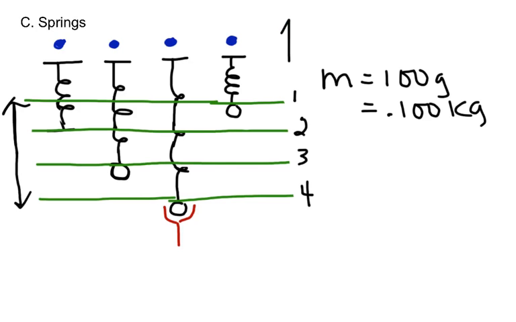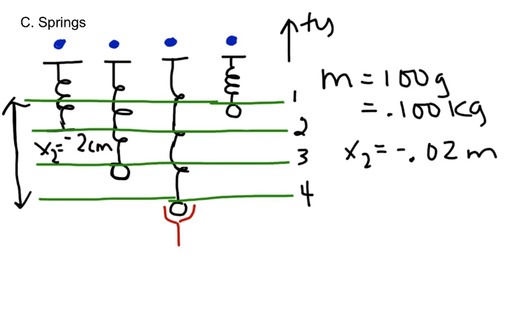Let's make up positive plus y. So we're going to write that my x2 was 2 centimeters, and we're going to say it's a negative 2 centimeters because it went down 2 centimeters. So my x sub 2 is a negative